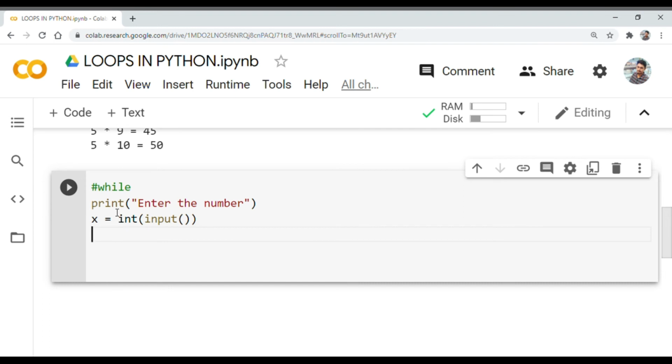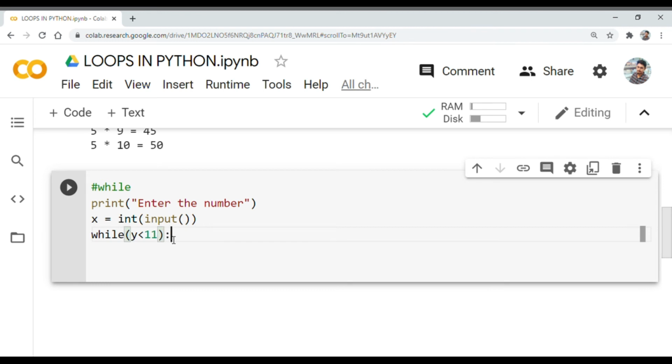Since this is a while loop, we are using while and some variable y. While y is less than 11, which means the threshold is 10, right?